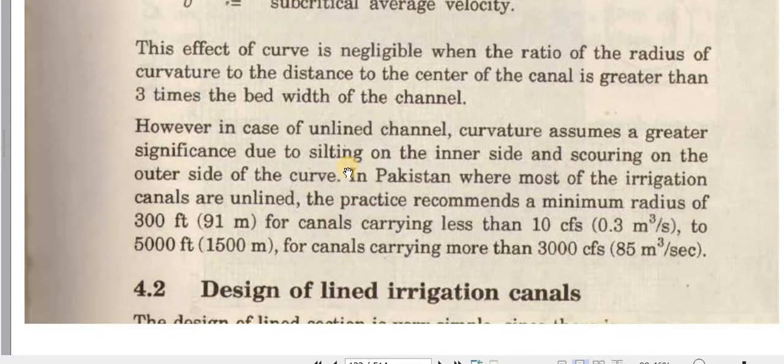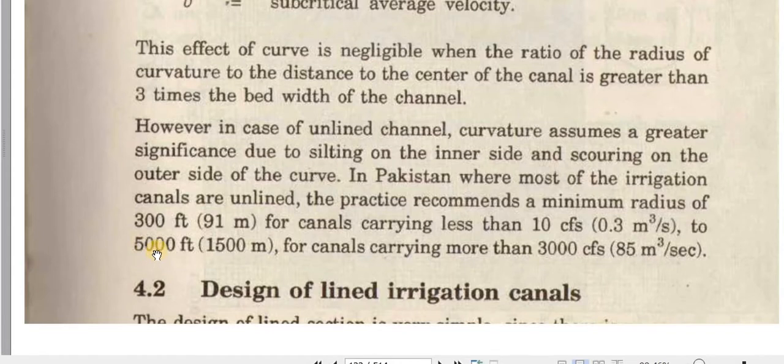So in case of unlined channels, curvature assumes a greater significance due to siltation on the inner side and scouring on the outer periphery due to higher velocities on the outer side. And in Pakistan, where most of the irrigation canals are unlined, the practice recommends a minimum radius of 300 feet. So radius of curvature should be more than 300 feet for a canal carrying less than 10 cusecs, and 5000 feet for a canal carrying more than 3000 cusecs. So our main canals in Pakistan are usually more than 3000 cusecs, so their radius of curvature should be 5000 feet,